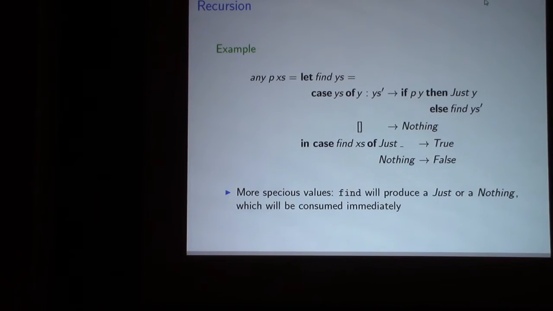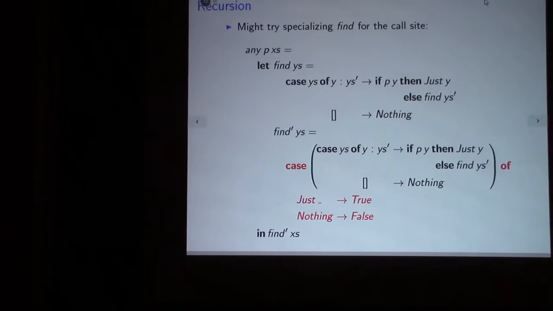There are loops in nofib, programs in nofib, where this is the only kind of allocation that happens. So if we can get rid of this, we can get rid of all the allocations in a few of those things. So what we'd like to do, kind of, is take that case, that context there, and